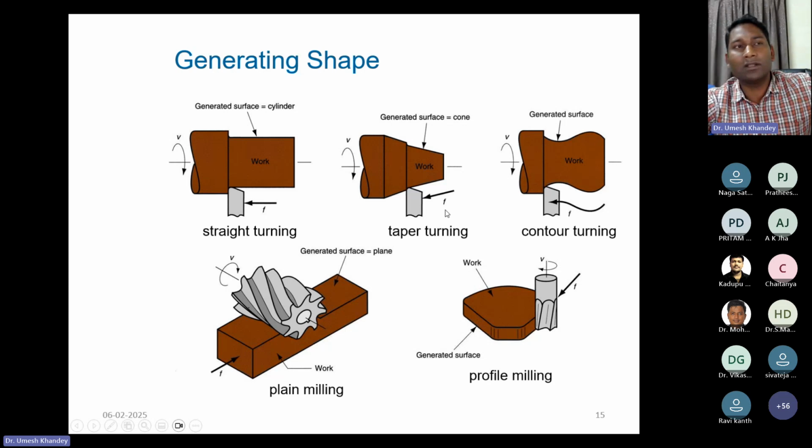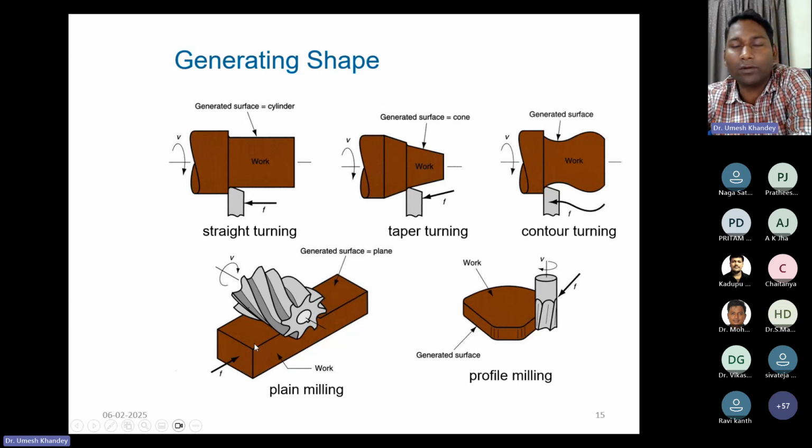If this movement follows a contour or some path, then you have to say it is contour turning. Next one, plane milling and profile milling. Plane milling means that the periphery of the milling cutter is going to have contact with